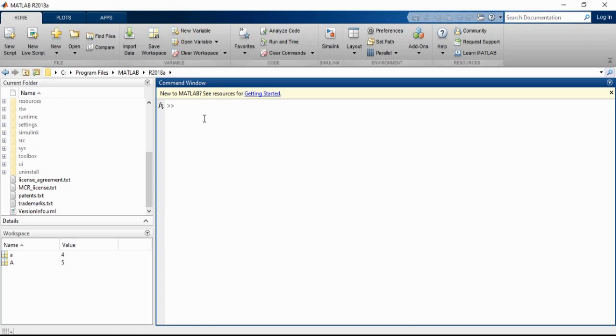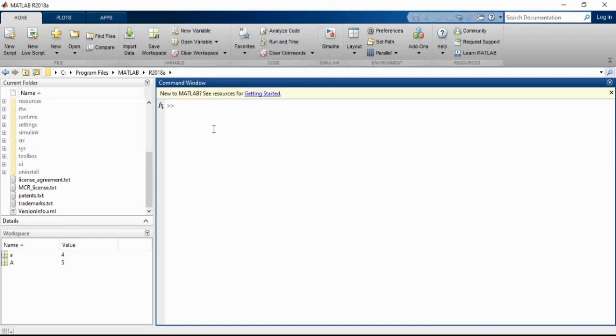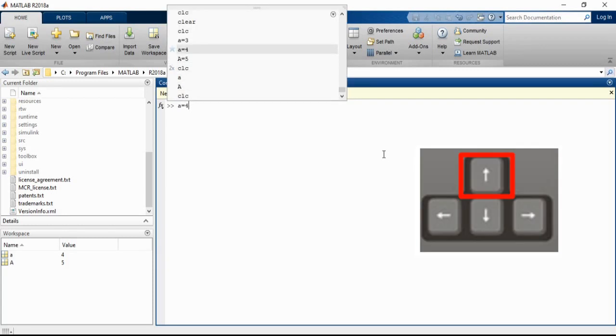We have seen the commands, and there is another useful instruction here. If I put the cursor here and press the up arrow or down arrow, you will see whatever instructions you have entered before.